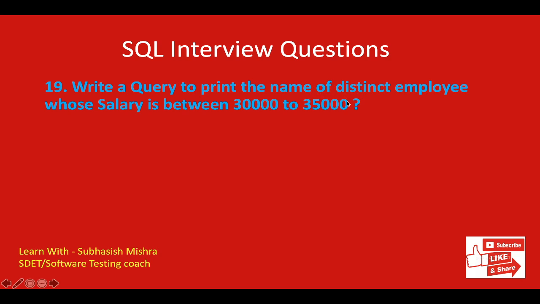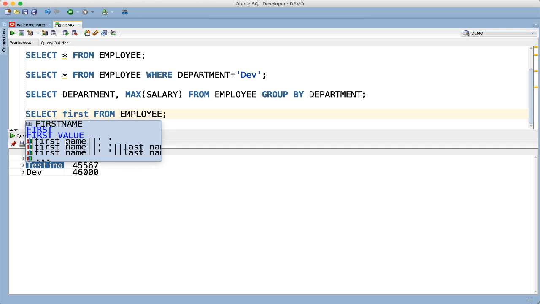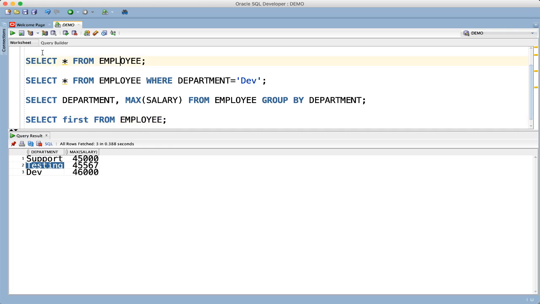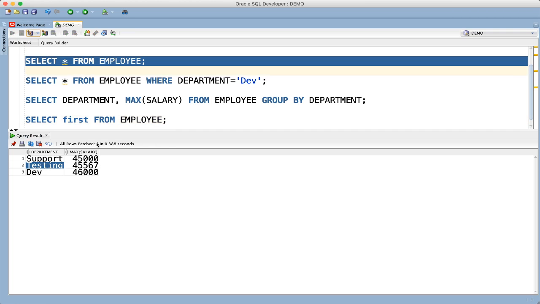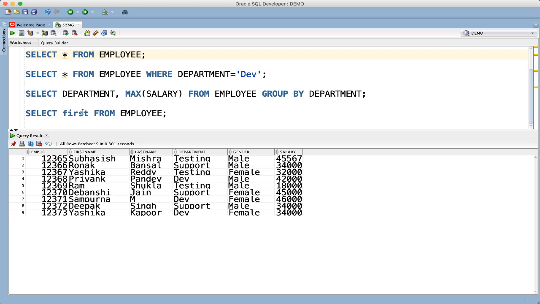So maybe we want the first name and last name, right? So what we can do, select first name. Let me see what are the column names exactly. Same I'll put here. Okay, first name, last name, select first name comma last name. Okay, from employee,